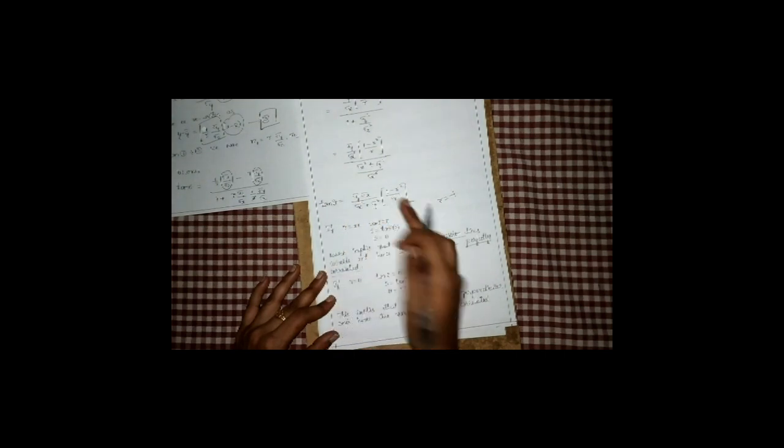If r is equal to 0, what will happen? Here it is 0, 1 minus 0 divided by 0, anything by 0 is infinity. So something into infinity is again infinity. So tan theta is equal to infinity. So if tan theta is equal to infinity, theta is equal to tan inverse of infinity. Tan of which angle is infinity? Tan of pi by 2 is infinity. Tan of 90 degrees is infinity, right? So theta is equal to 90 degrees. This implies that the lines are perpendicular and hence the variables are non-correlated.